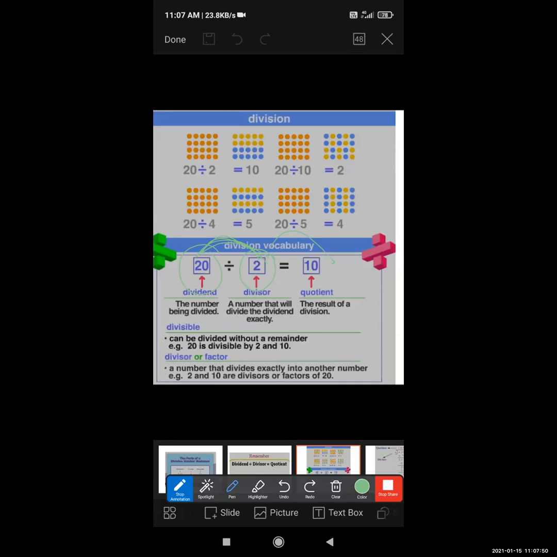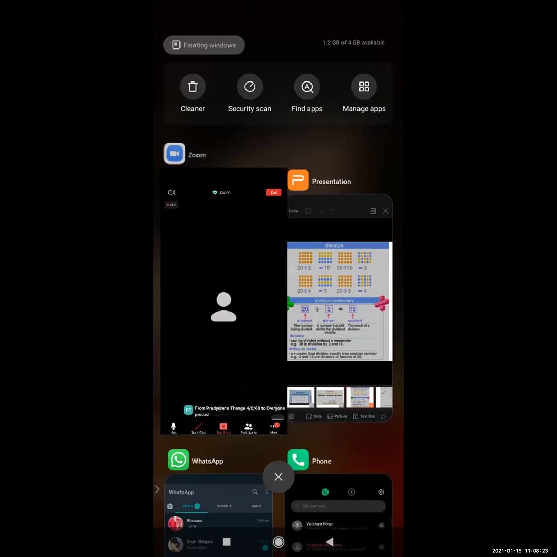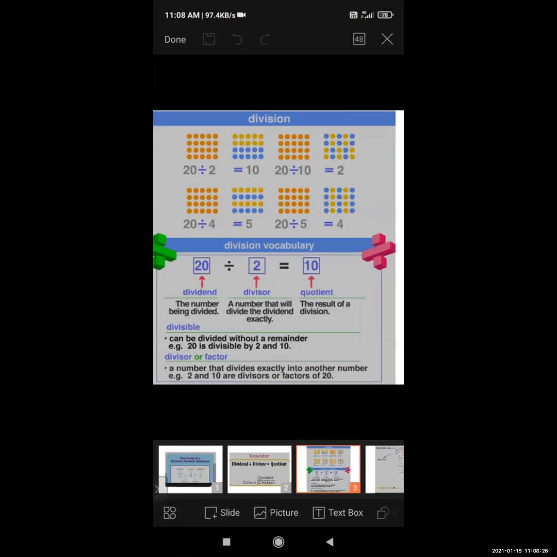Now tell me, students, in multiplication, when the answer comes, there is a separate name for that answer. Does anyone have an idea about that name? What is the answer of multiplication called? Tell me, I'm waiting for your answer. In multiplication, each part has a separate name, right? Very nice, your answer is absolutely correct. Product. In multiplication, when the answer comes, we call it the product.